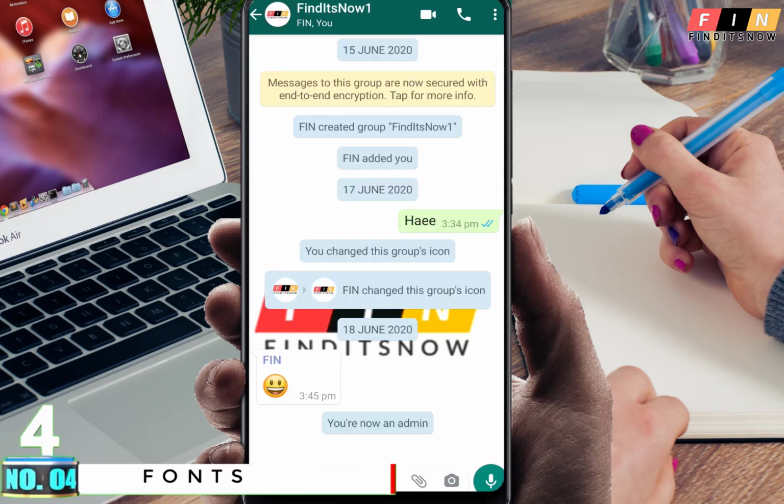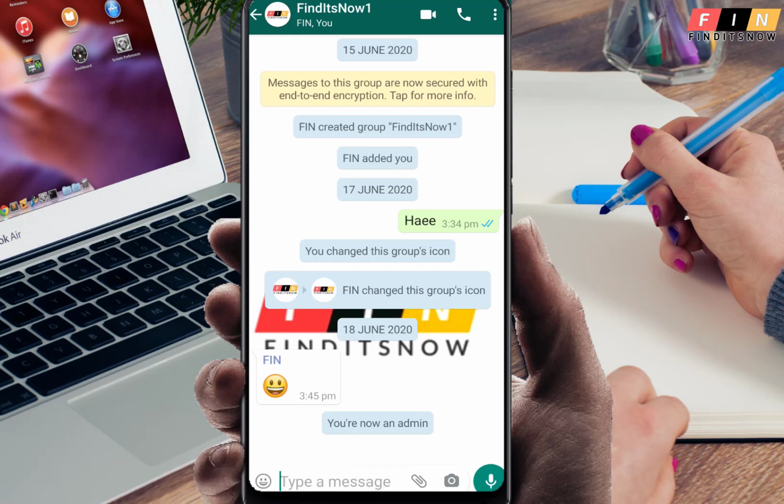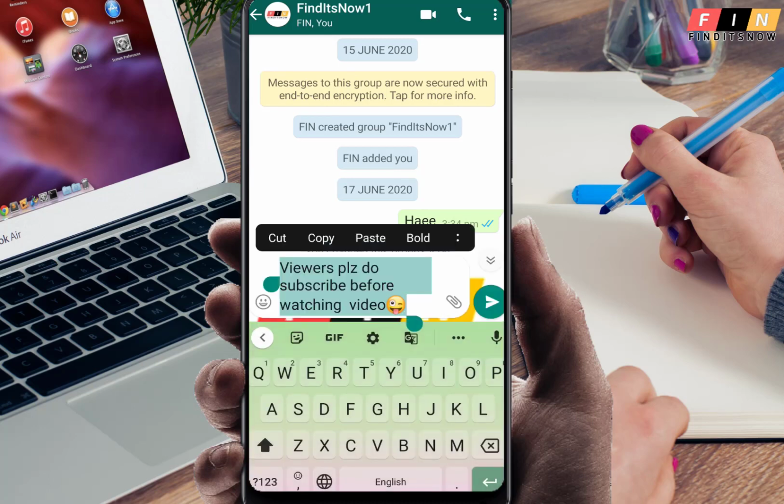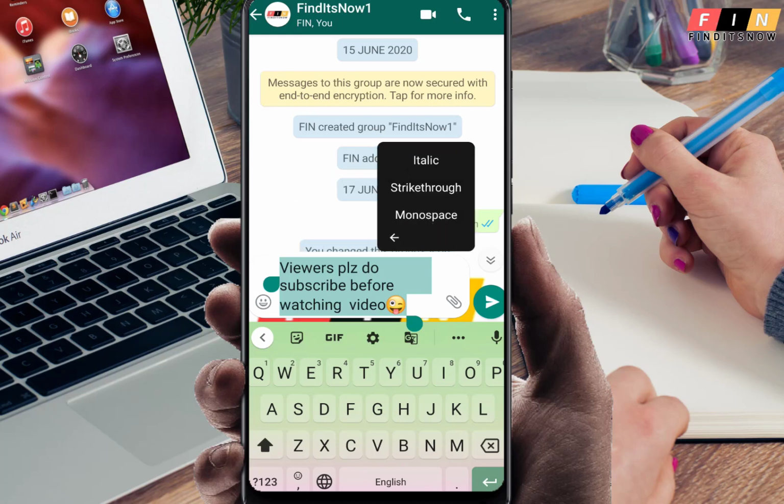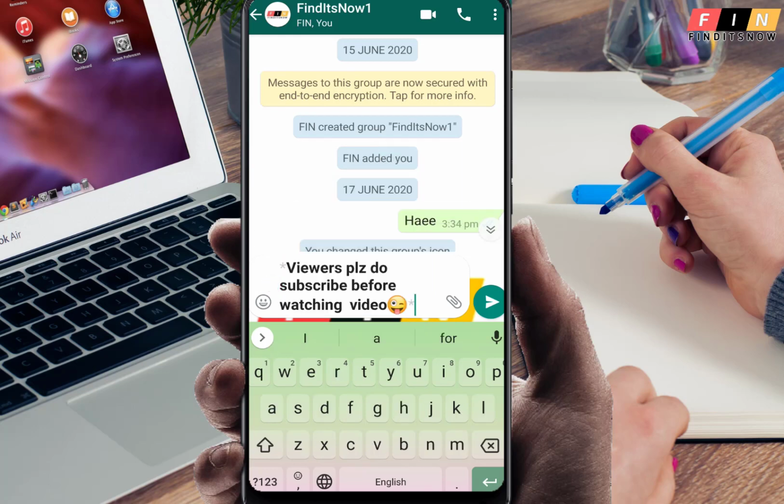Here let me share some cool WhatsApp font tips to add some more dramatic effect to your messages. Type a message. Now tap and hold the message. Choose the appropriate formatting option. Click on the three-dot icon to view other options. Let me select bold so that my text is converted into bold format.